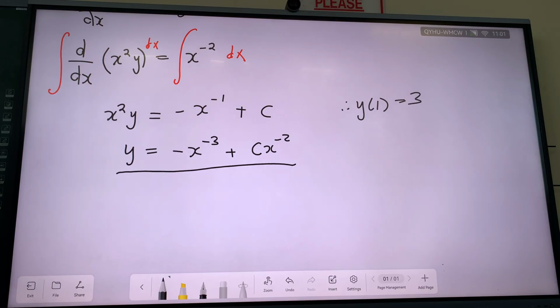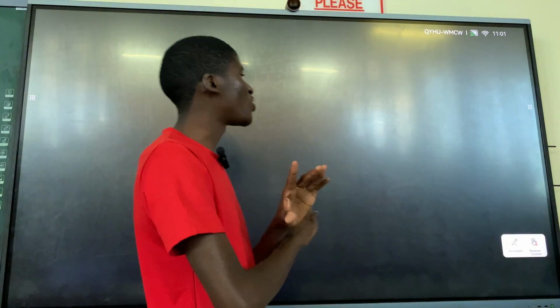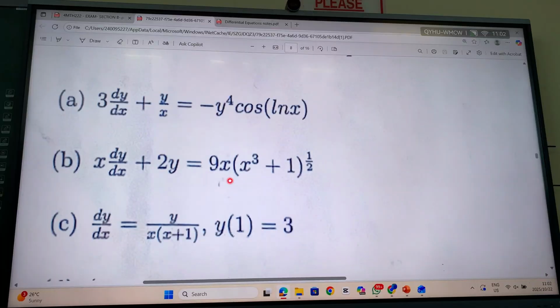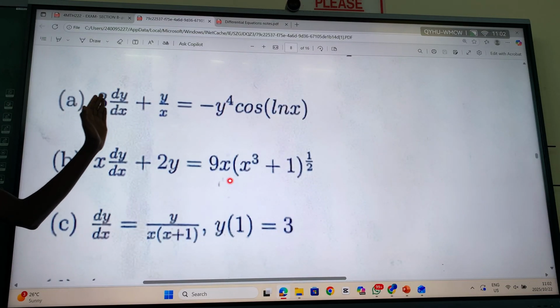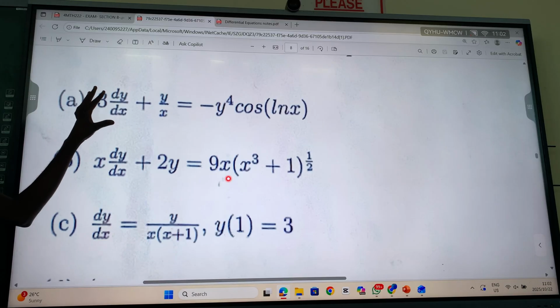So you will do the problems on your own. Make sure you have enough time to do problems on your own, because right now it's just a revision. We are just doing an overview. All right. I don't know if it's clearly visible. To those who can see it, let's start by looking at it together.